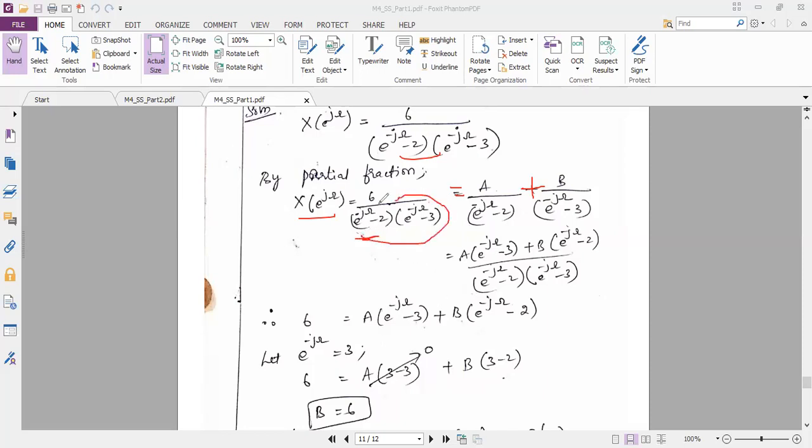Since on the left hand side we have a product, on the right hand side also I want the product. So to get the product in the denominator on the right hand side, I have to take the LCM. When I take the LCM, you are just going to cross multiply. So A will be multiplied with e power minus j omega minus 3 plus B will be multiplied with e power minus j omega minus 2, such that on both the left hand side and right hand side the denominator is cancelled. So only the numerator will be present, which is 6 equals A into e power minus j omega minus 3 plus B into e power minus j omega minus 2. Are you able to follow my method? This is one of the methods.